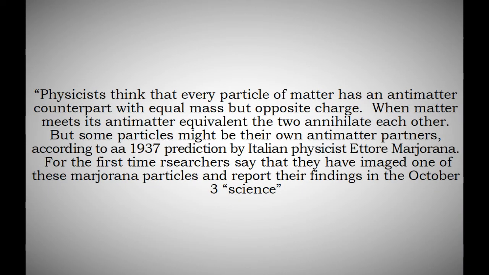Physicists think that every particle of matter has an antimatter counterpart with an equal mass but opposite charge. When matter meets its antimatter equivalent, the two annihilate each other. But some particles might be their own antimatter partners, according to a 1937 prediction by Italian physicist Ettore Majorana. For the first time, researchers say they have imaged one of these Majorana particles and reported their findings in the